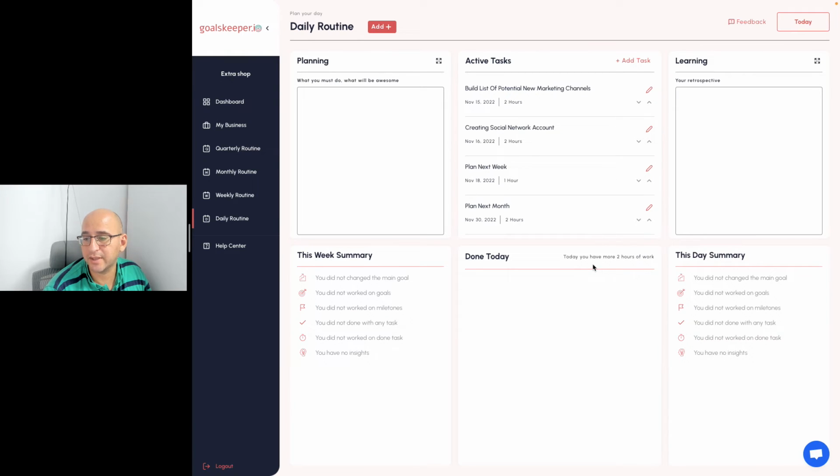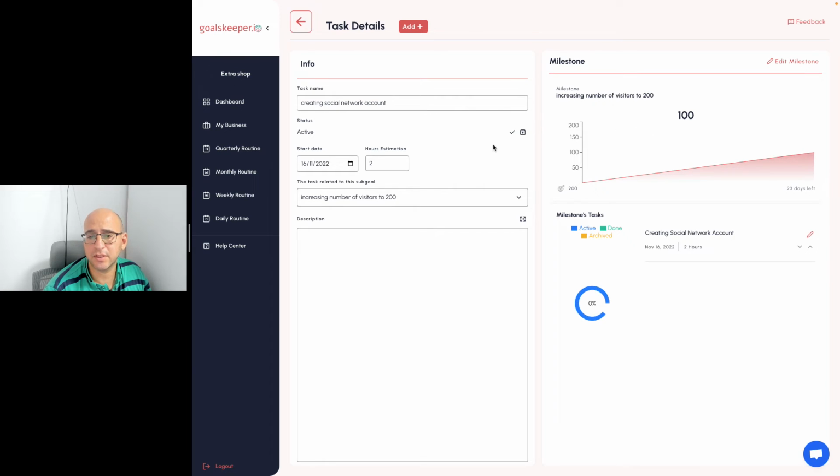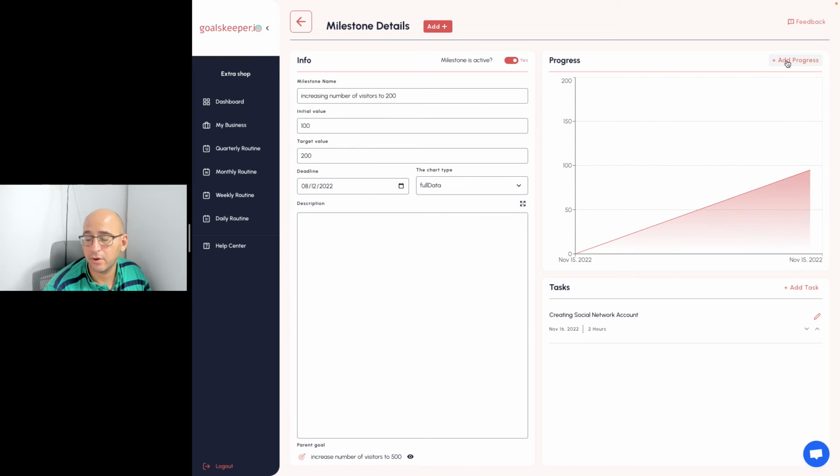If we have too many tasks, we're going to see this line turn red and alert us that we have too many tasks for today. If we get into specific tasks, we can see the task, the description, the status and everything about the task, but we can also see the milestone which it is related to, and all the tasks that are related to this milestone. We can go to edit milestone, and from here we can see all the tasks once again,